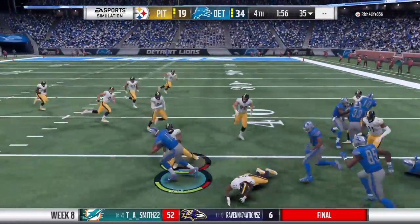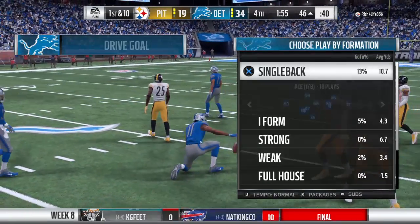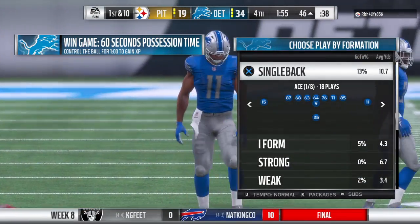And the Lions are able to cover this one up. They knew they needed a miracle. They had to have that onside kick. They didn't get it. Well,